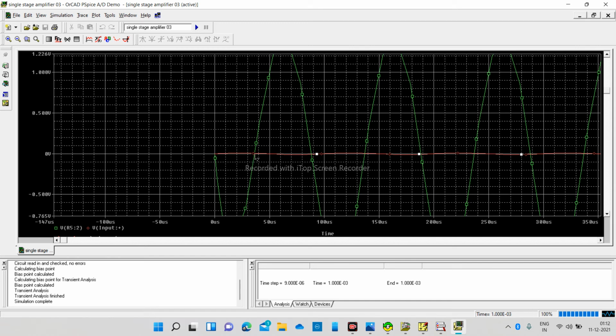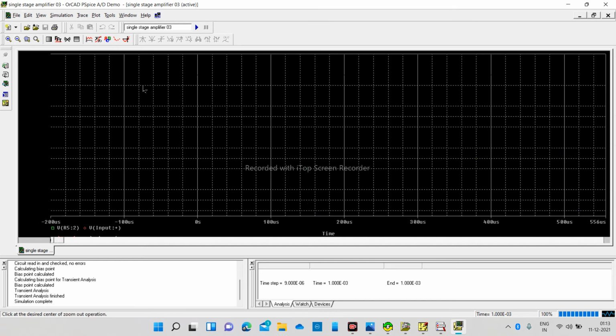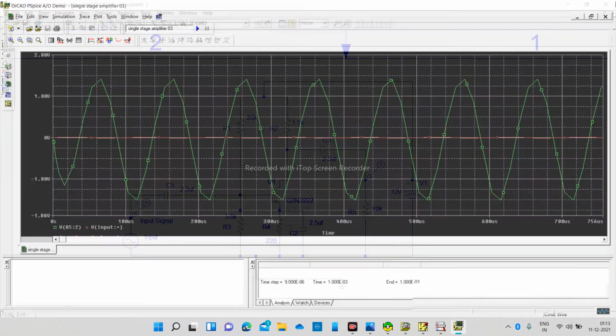As we know that our input was 10 millivolt, but now our output, just zoom out, is above 1 volt. So hence we can easily say that our circuit, our amplifier, really amplified our signal. So here we got that our voltage is amplified.